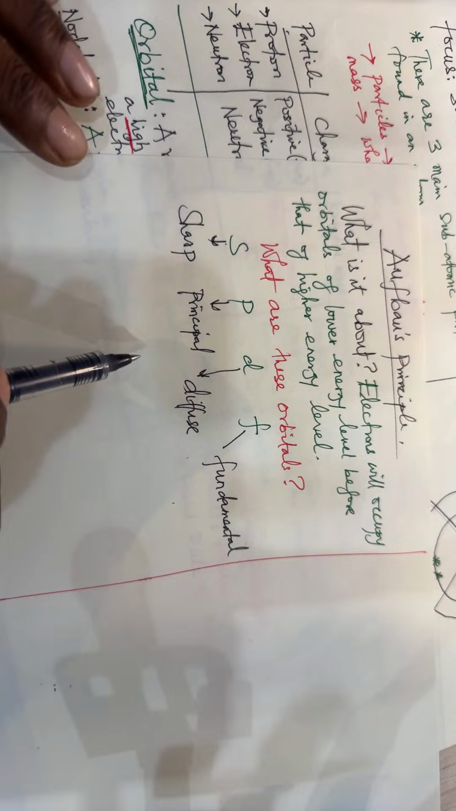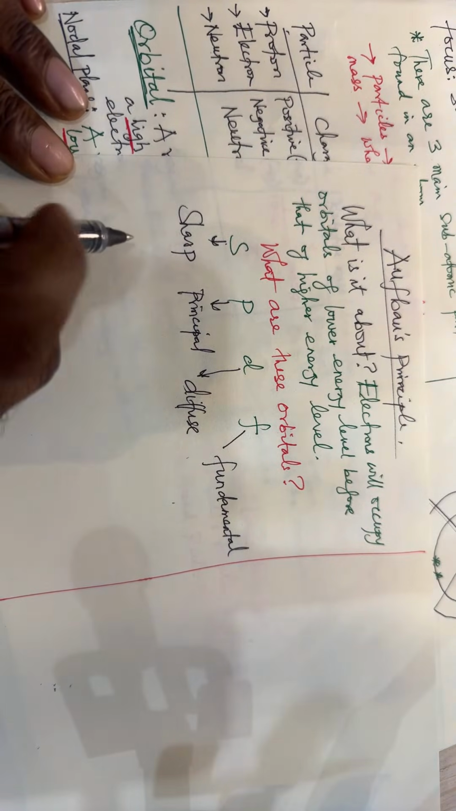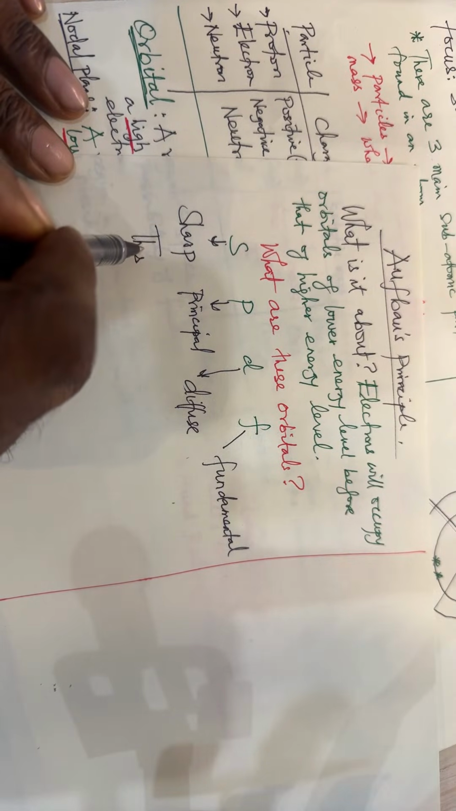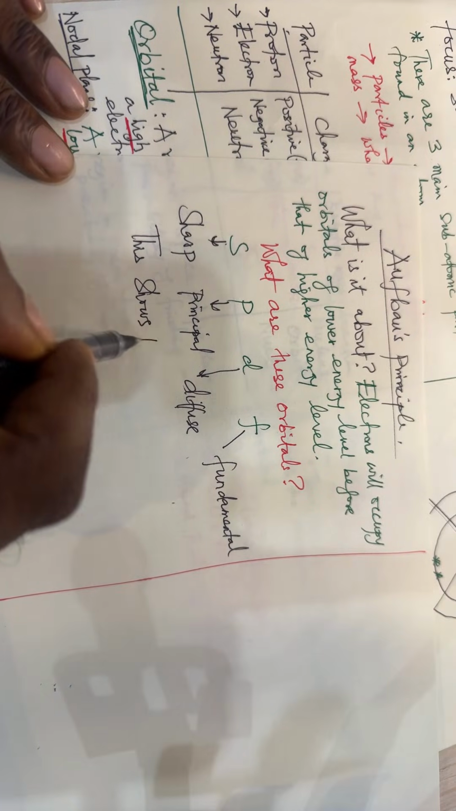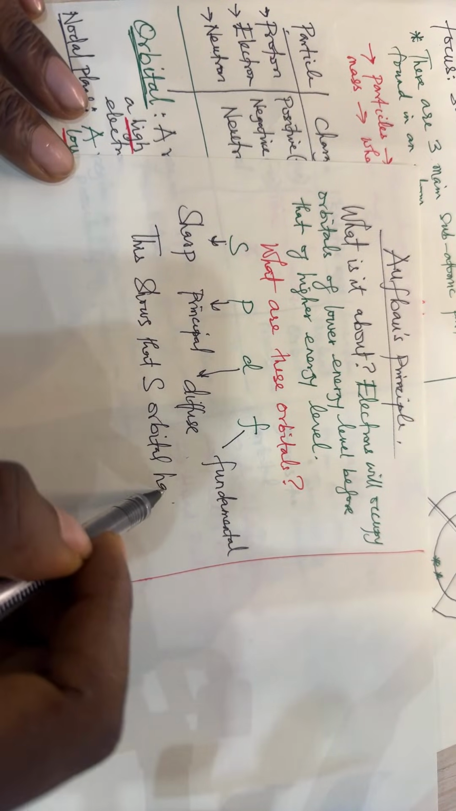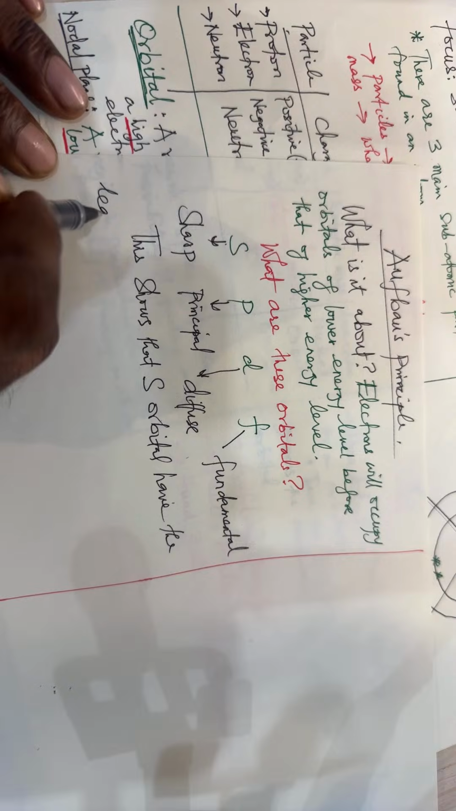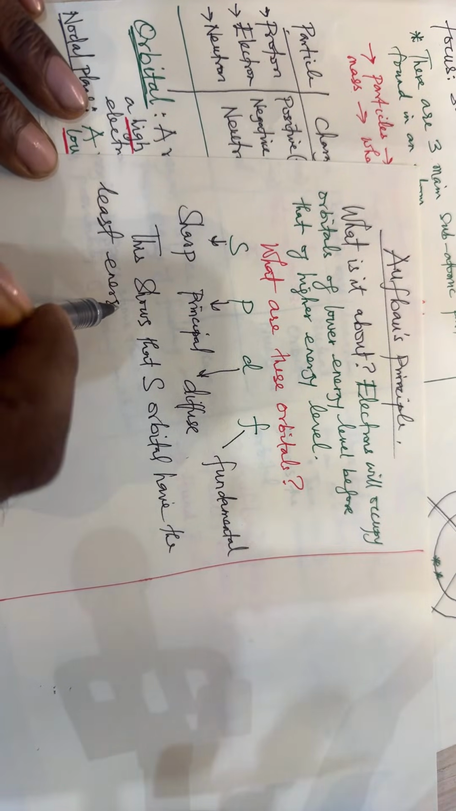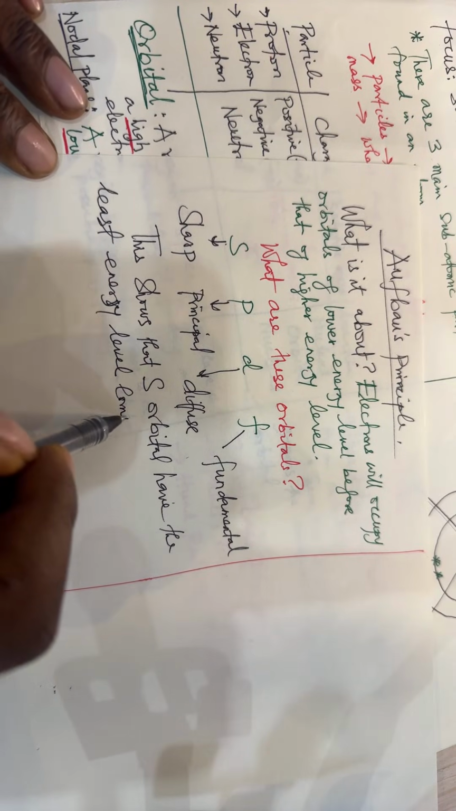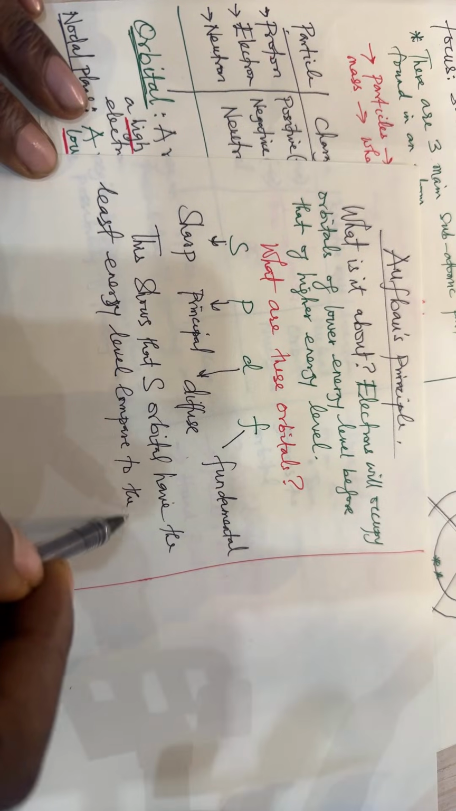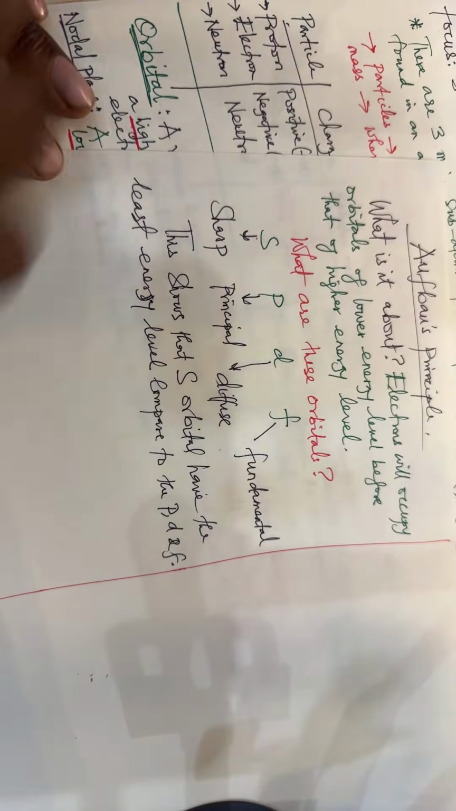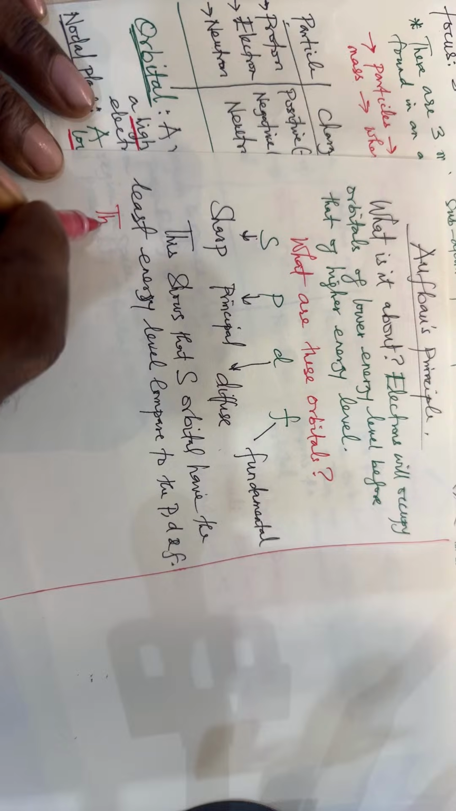Now, with this information you've gotten, what does this mean? Let me write down what I said so that some of you will know what it means. This shows that the S orbital has the least energy level compared to the P, D, and F, as the case may be. Therefore, what this means is that